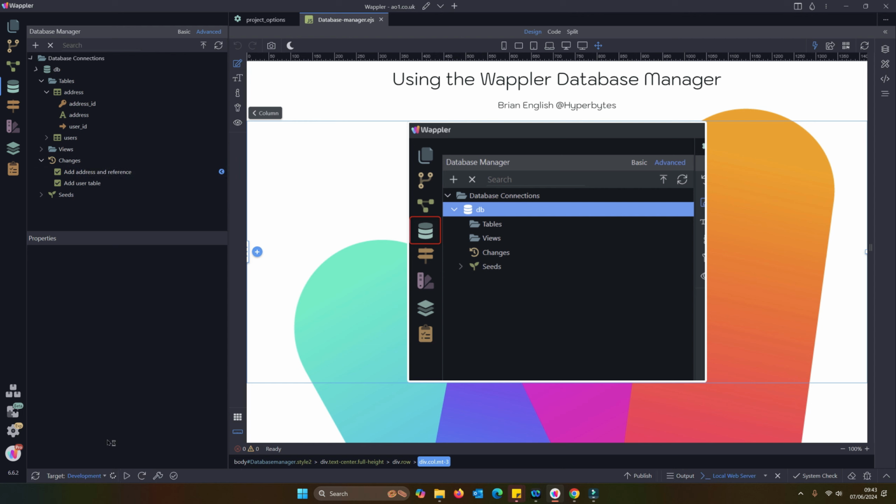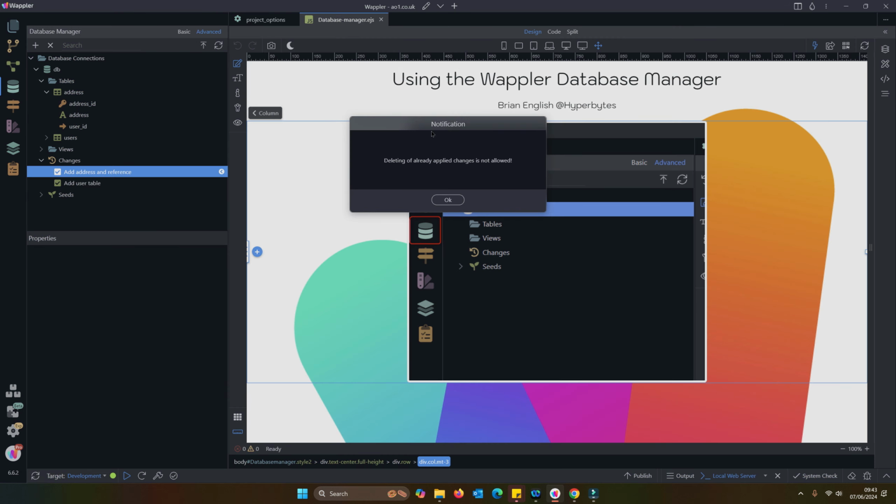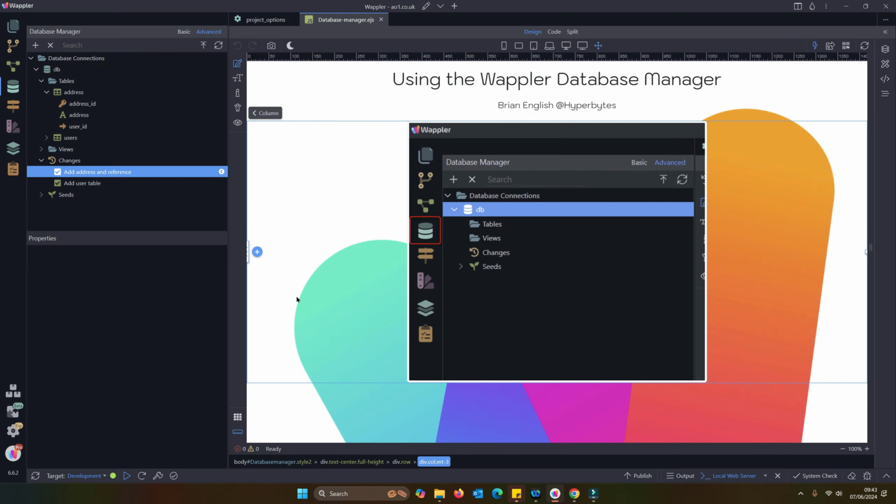If you go to try and delete a change which has been applied, you will get a message saying you're not allowed to delete that. So if you've gotten a mess and you're trying to get rid of some of these changes to consolidate things, then you can't do that. What you can do though is unlock the changes history, and then from there you are actually able to delete even if they've been committed. Not something you should be doing lightly.